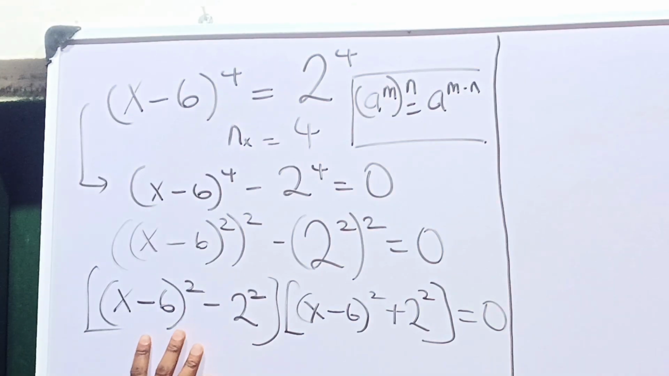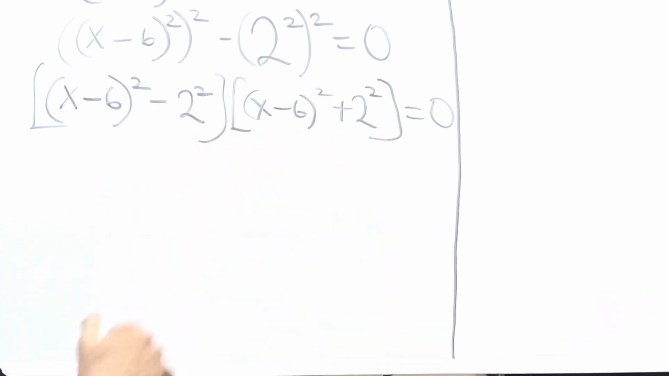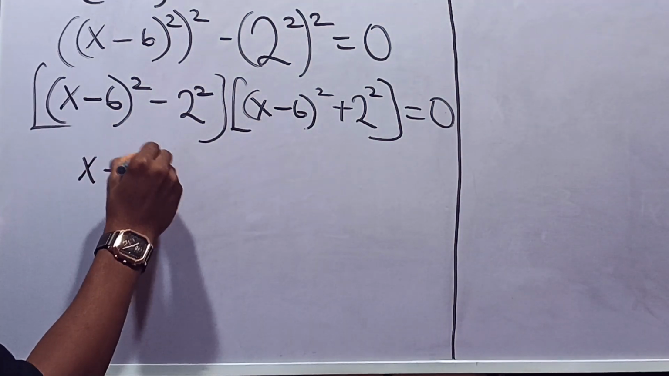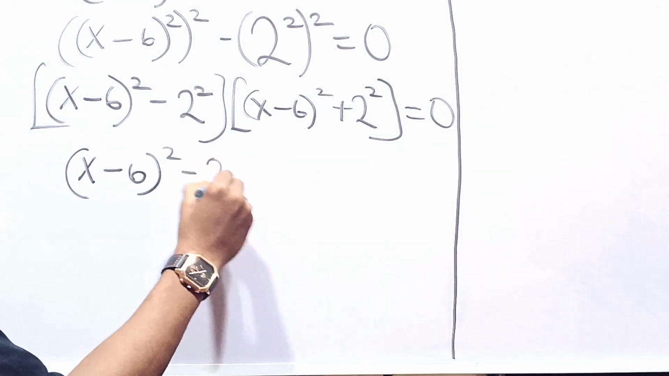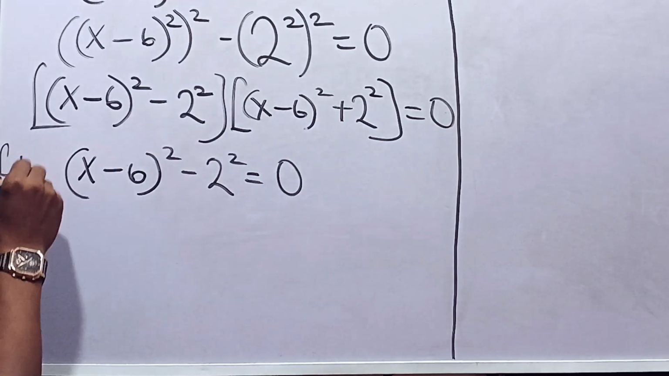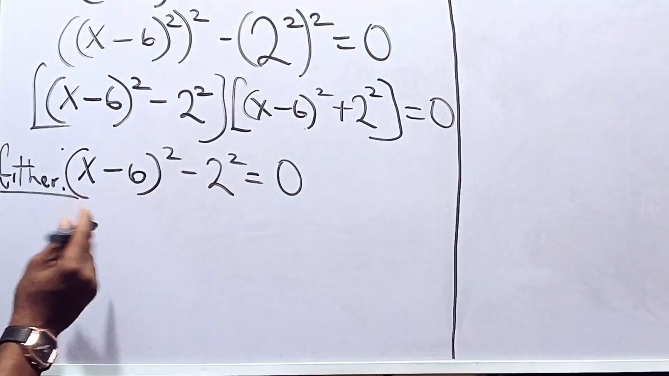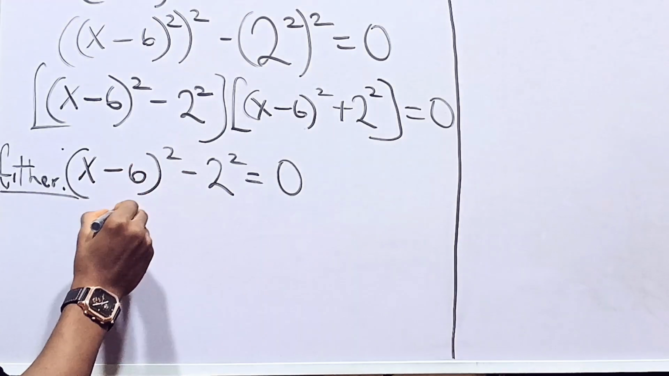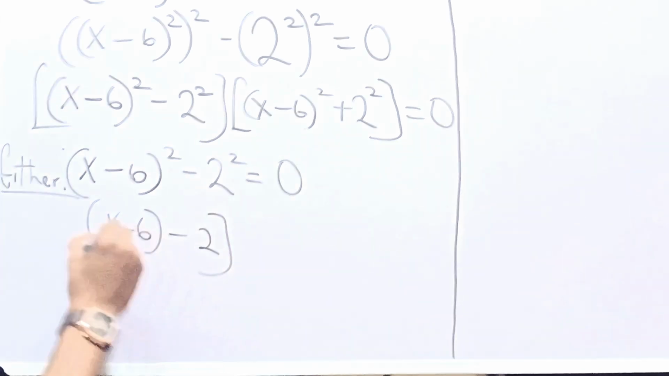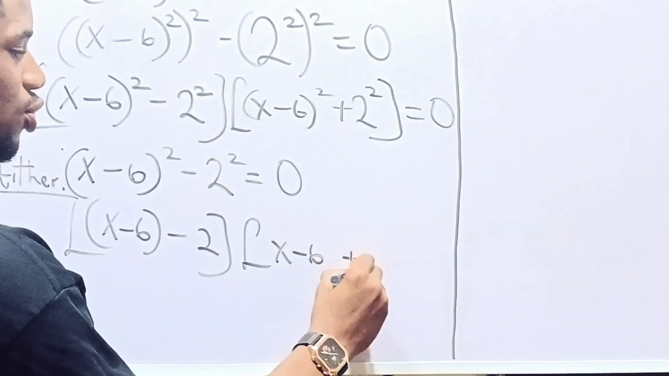So it's either that this is equal to 0, the left hand side, or this is equal to 0, the right hand side. Okay, so for this side, we say that (x − 6)^2 − 2^2 is equal to 0. Now, for this we have the difference of 2 squares. So we can now say that (x − 6 − 2) multiplied by (x − 6 + 2)